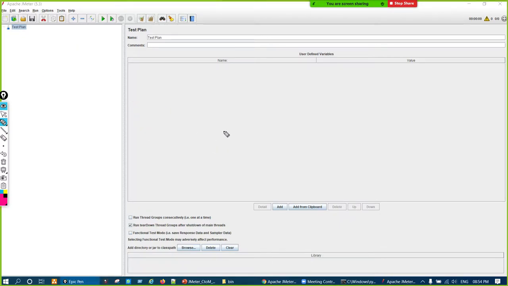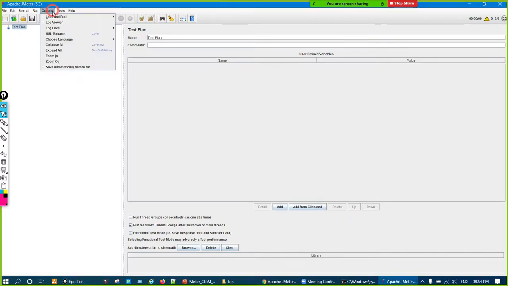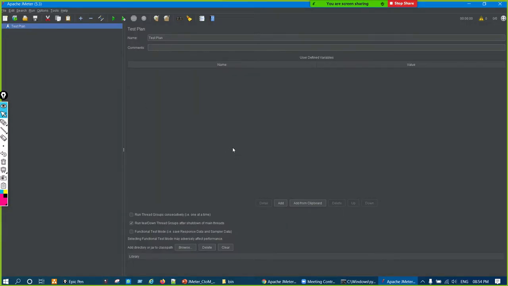Now whenever you launch this JMeter for the first time, it will be in dark color, Dracula I think. Yeah. So it will look like this. Okay, dark color, right? And if you do not like dark color, because many things will not be visible, what you can do? Go to options, right here.